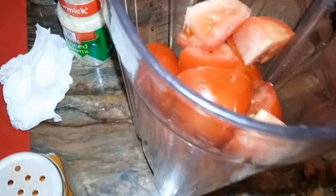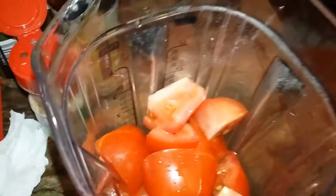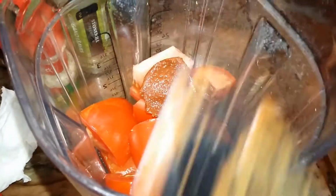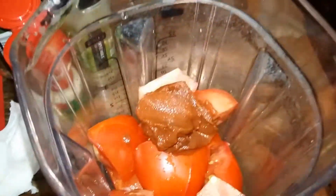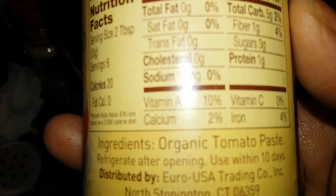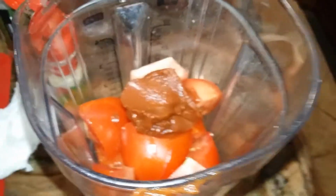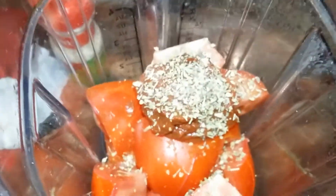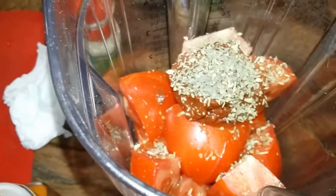So I'm going to make a sauce to go with my stuffed zucchini. Here I have 2 tomatoes that I have diced up, and I just cut them in big chunks because I'm going to blend this to a smooth mixture. And I'm adding in 2 teaspoons of tomato paste, and I use an organic tomato paste with no salt added. It's just 100% organic tomato paste. I find that adding the tomato paste gives it a darker color that I prefer, and it does add a little bit more flavor. I'm also going to add in a half a teaspoon of oregano, 1 teaspoon of basil,